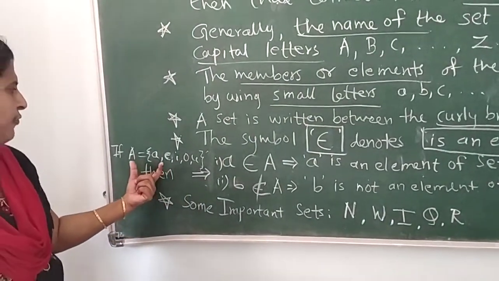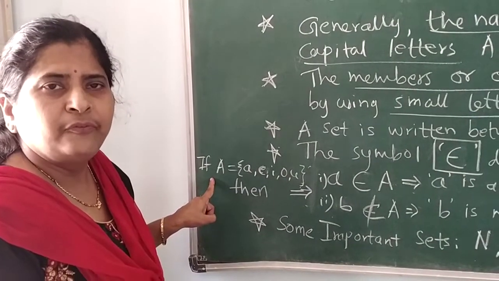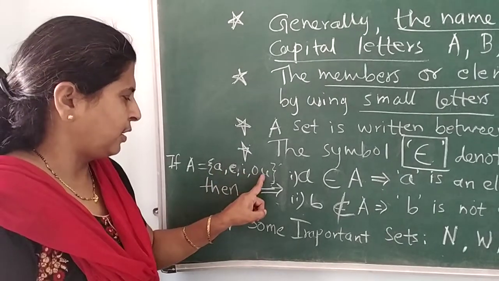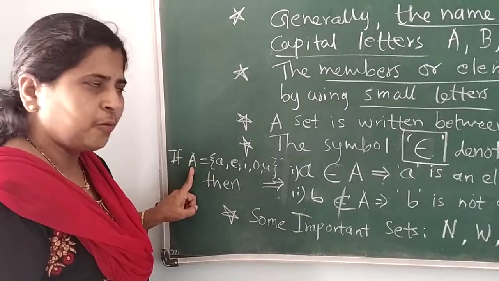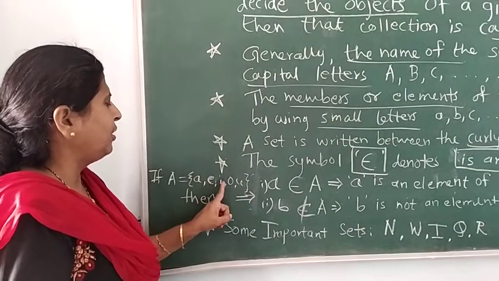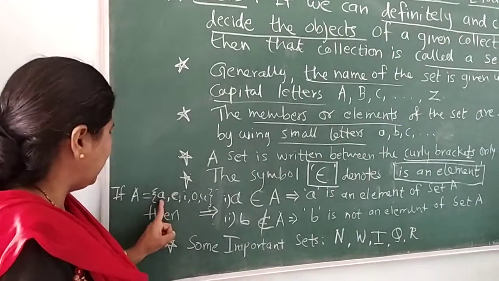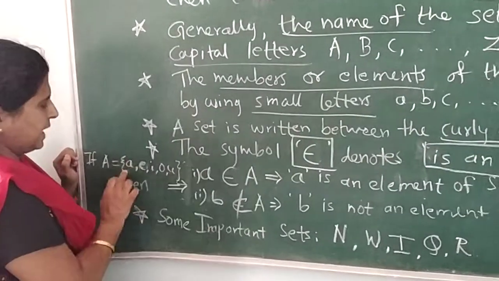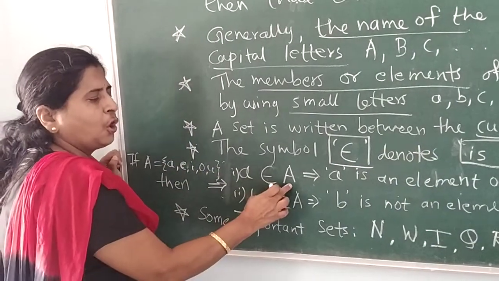Let's take one example of a set. Say set A is the set of all vowels in the English alphabet. We know there are 5 vowels: a, e, i, o, u. So all these 5 vowels are written in curly brackets, and this is the name of the set. A is equal to, between 2 curly brackets, we have written all 5 elements of it. In that case, we can say that a is an element of set A. How to write this big statement in symbols? Simply, a ∈ A. So a is an element. This is the meaning of that. e ∈ A: e is an element of set A.